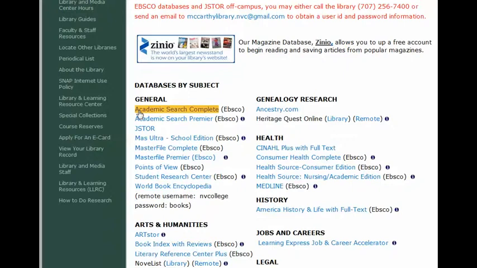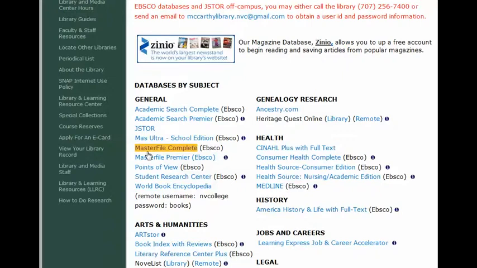It does include many scholarly journals, and if you know you want to target your search to articles that are written more for the general public that show up in magazines like Time Magazine or Newsweek, then you might want to look in a sort of abbreviated version of Academic Search Complete called Master File Complete. And basically what it does is it cuts out some of the scholarly journals that tend to be long and full of jargon. And for your research project for this class, you don't need articles that are long and full